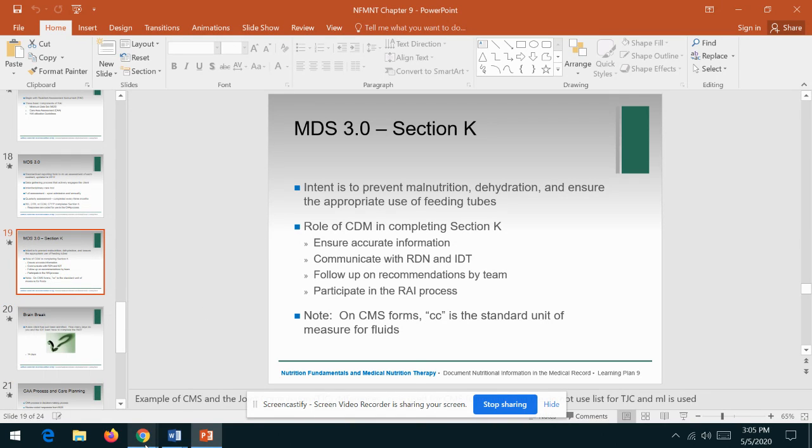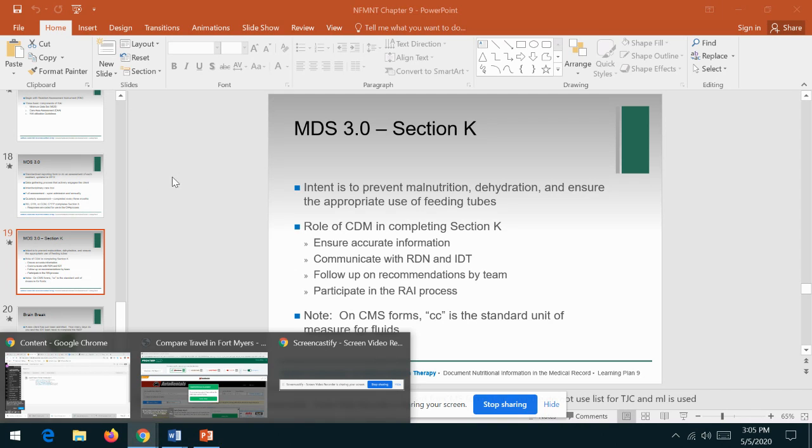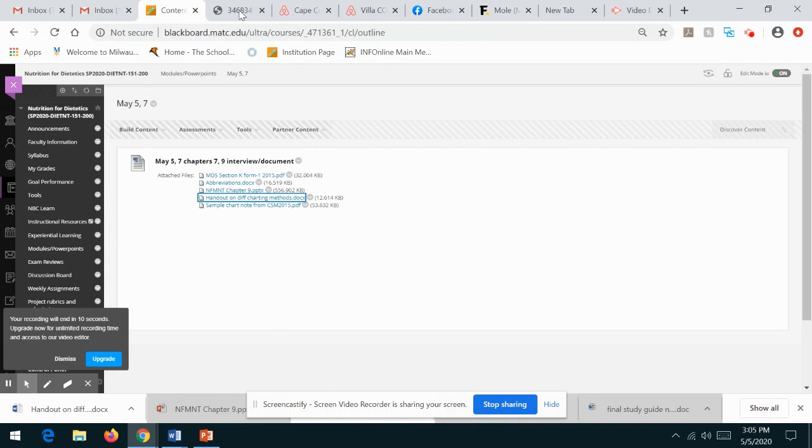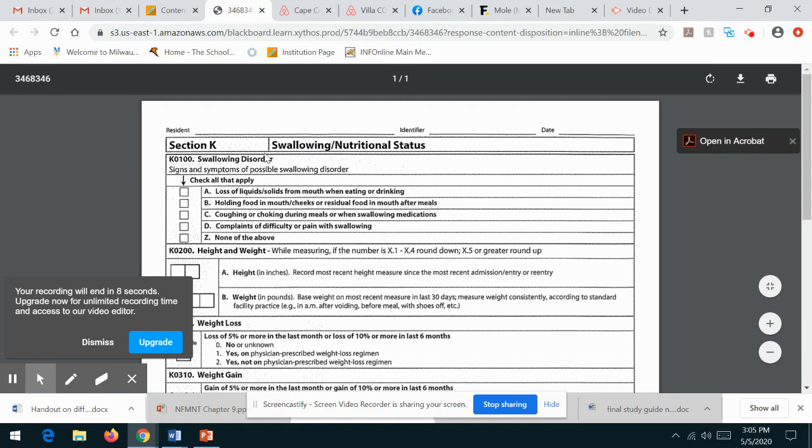Let's look at an example of what MDS Section K looks like. So here it is. It's going to ask questions about swallowing disorder, and I'm going to end this video here because I see I only have 10